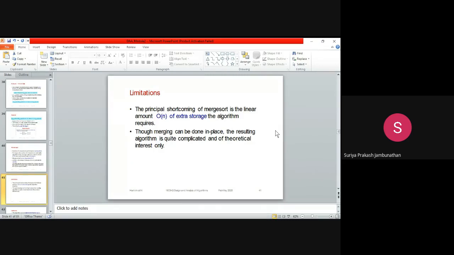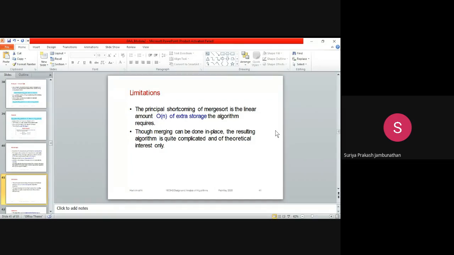So merging can be done in place, meaning whatever merging you make will be done in place. The resulting algorithm is quite complicated, and it is of theoretical interest only.